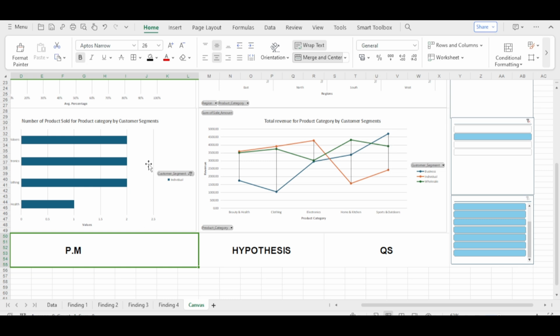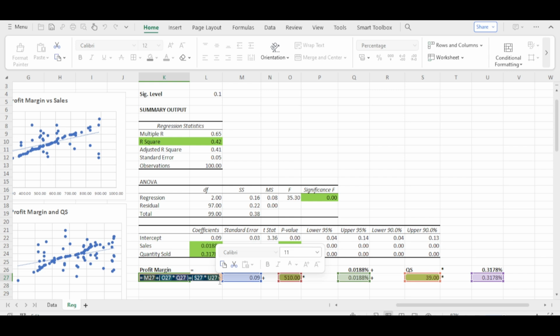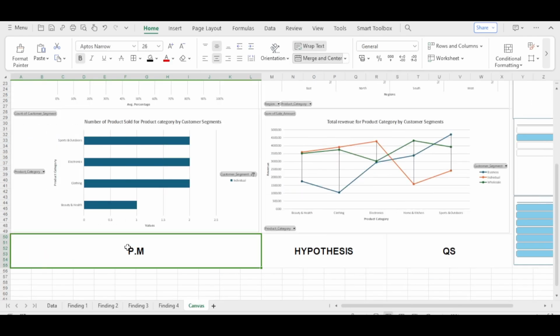So I will go over to where I have the formula, and then I would double click on, here's the profit margin, so I'll double click on this cell. Then I would copy the whole formula. I'll copy it and then go over to my dashboard, so I would paste it here. So as you can see, I have pasted it,